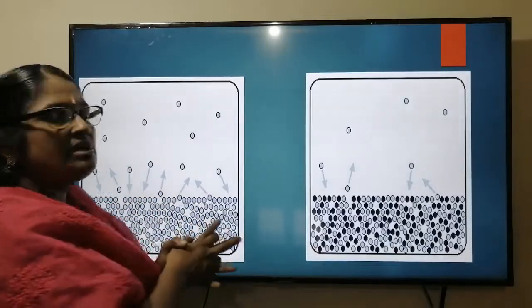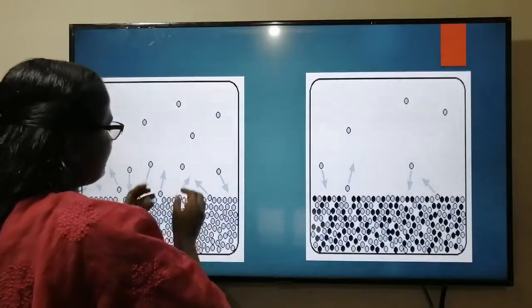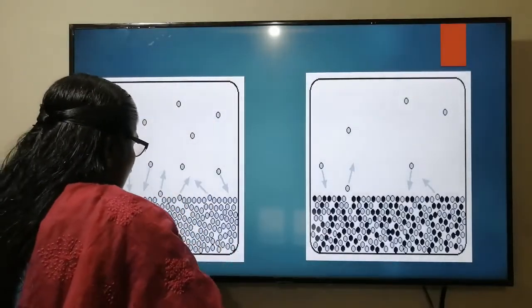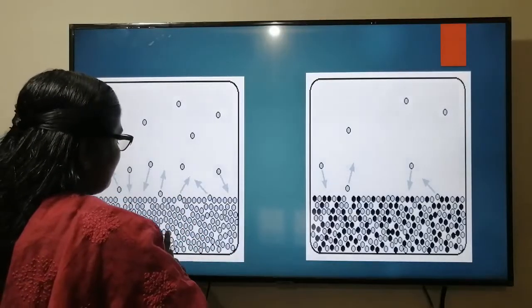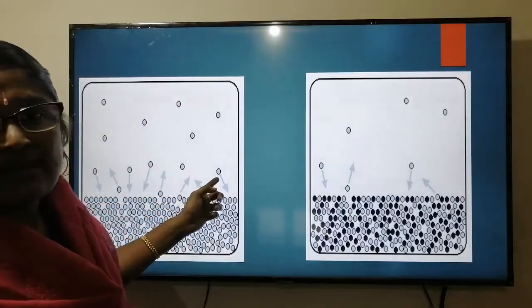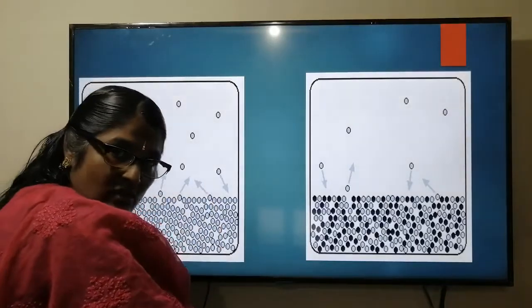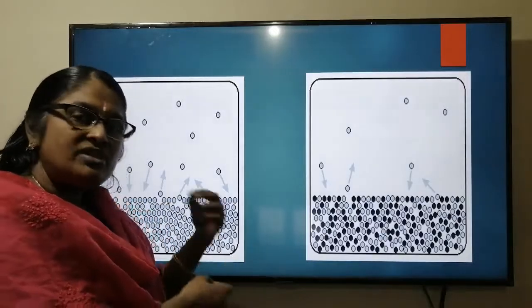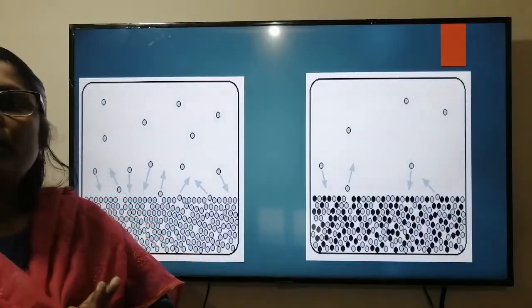So when the vapor pressure becomes equal to atmospheric pressure, as the vapors are moving out and when they become stronger, they will try to push upwards. So these particles inside the bulk also will become vaporized, and they try to pull outwards as vapors. And we can see the bubbles start coming out from the inner side also. Then we say that this liquid started boiling, and that temperature at which this vapor pressure becomes equal to the atmospheric pressure is known as the boiling point of a liquid.